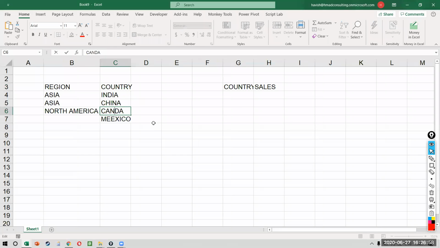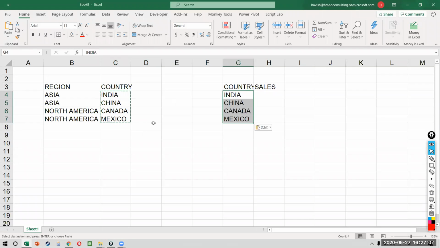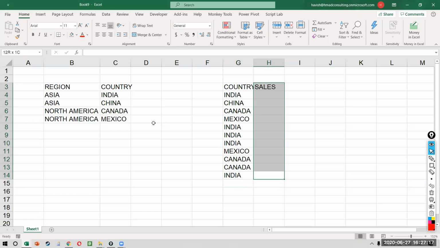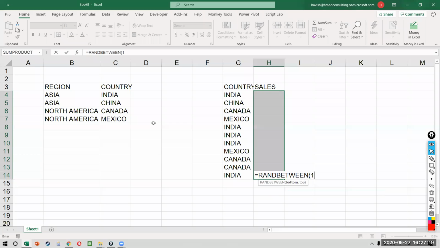I have India, China, Canada, Mexico coming a few times. India is coming a few times more, and Mexico is coming once, and then Canada is coming two times, and then India is coming once more. And then some random sales values are here.